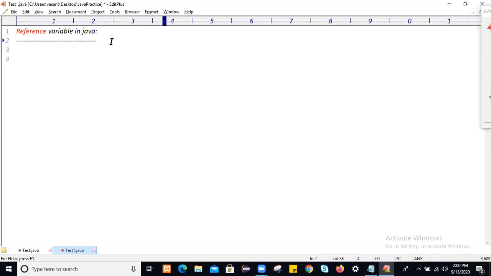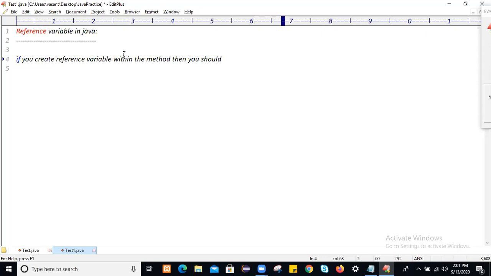If you create reference variable within the method, then you should have to use it like a local variable, guys.